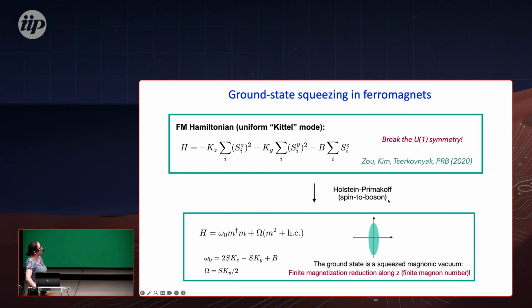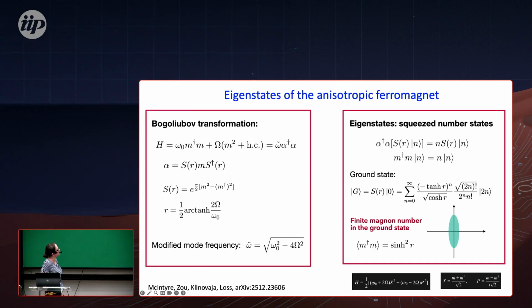Now, as I said, we work a lot with anisotropy. We can apply anisotropy in the y direction. In this case, you don't know how spins align, because they have the magnetic field, and they have anisotropy in the x direction and z direction. Then we can calculate it using Holstein-Primakoff, and we can show that in this case we get this ellipse, so we work with squeezed magnon states, and in the vacuum we actually have a finite number of magnons.